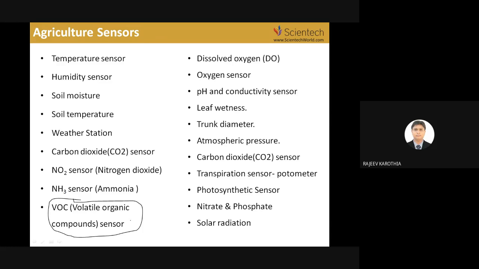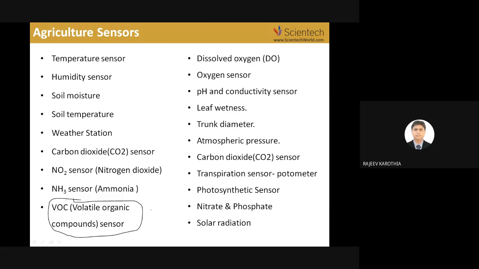वोलेटाइल ऑर्गेनिक कंपाउंड. जैसे मैम बोल रहे थे, एप्लीकेशन एरिया, तो हमारे एग्रीकल्चर में 2-3 एप्लीकेशन एरिया जैसे हैं जहां पर हमको काम करने की जरूरत है, जिसमें हम लोग अभी भी प्रॉब्लम फेस कर रहे हैं. एनपीके एक इंपॉर्टेंट पैरामीटर है. ये न्यूट्रिएंट्स हैं जो हमको सेंसर से मेजर करना है. अभी भी एनपीके मेजरमेंट का प्रोसेस केमिकल बेस्ड है. There are no exact sensors available to measure all these 3 parameters, NPK.